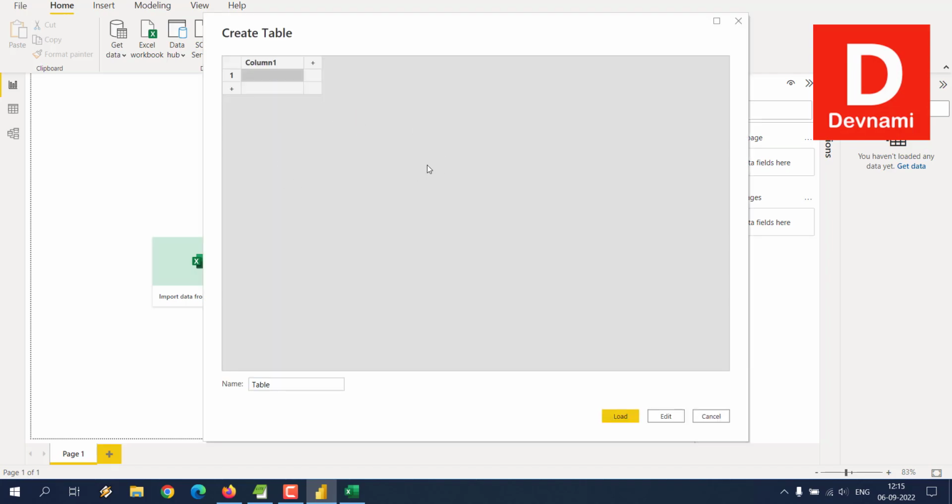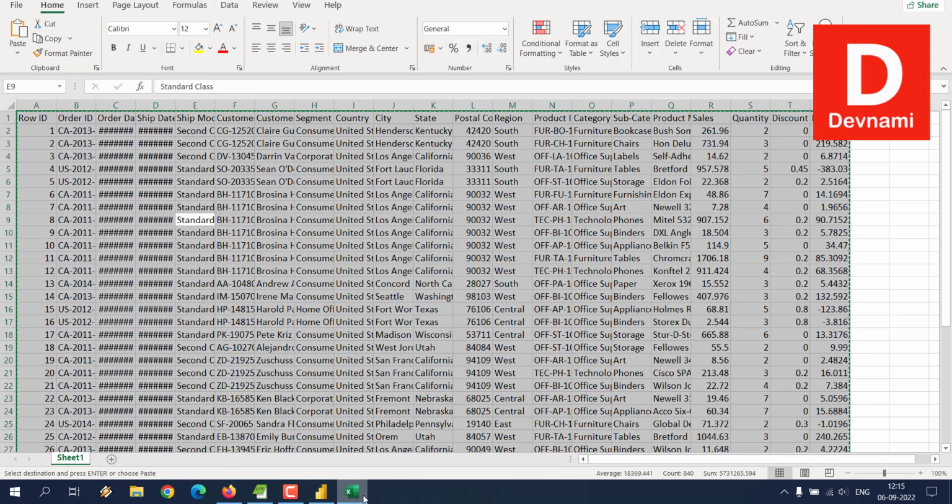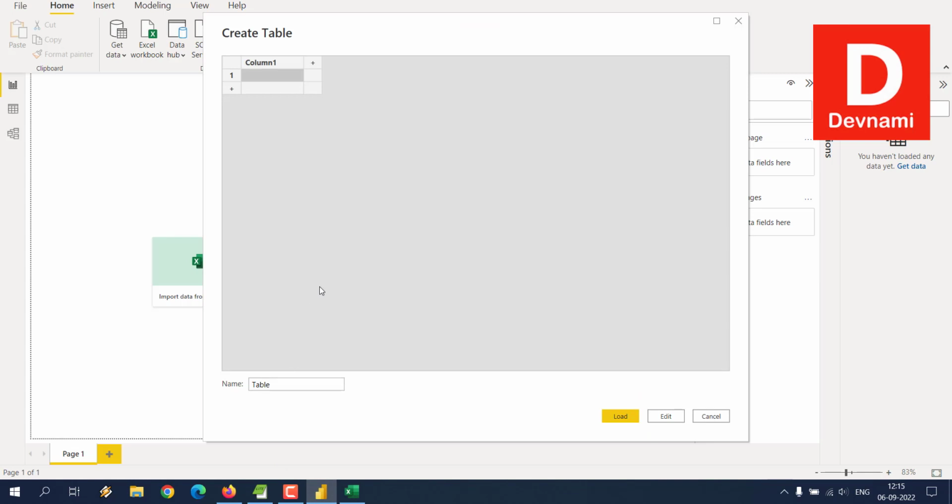Now this will be a manual process, so for that we already copied the content from the Excel file. Usually this should work if there are enough rows and columns, but I won't recommend it if you have something like 70,000 rows and like 20 or 30 columns or so. The larger the data, the longer it will take to copy paste and also to import. So select, paste it,